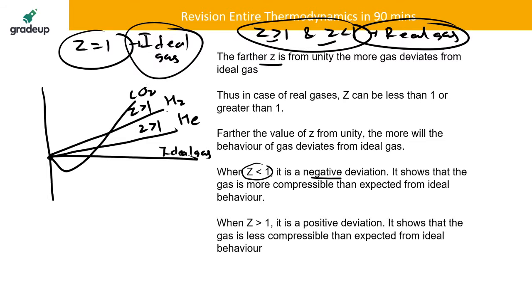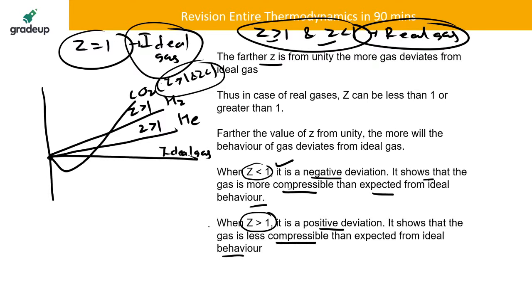CO2 has both positive and negative deviation from the ideal gas. It has Z greater than 1 and Z less than 1. So any gas which has both positive and negative deviation from ideal gas, if it has a negative deviation, it shows that the gas is more compressible than expected from ideal behavior. And if it is greater than 1, it is positive deviation, which shows that the gas is less compressible than expected